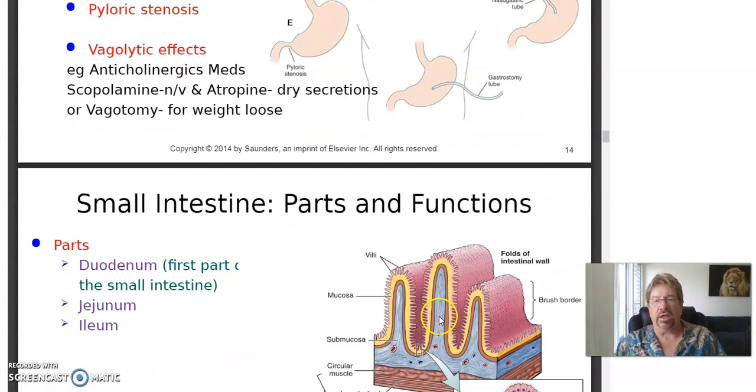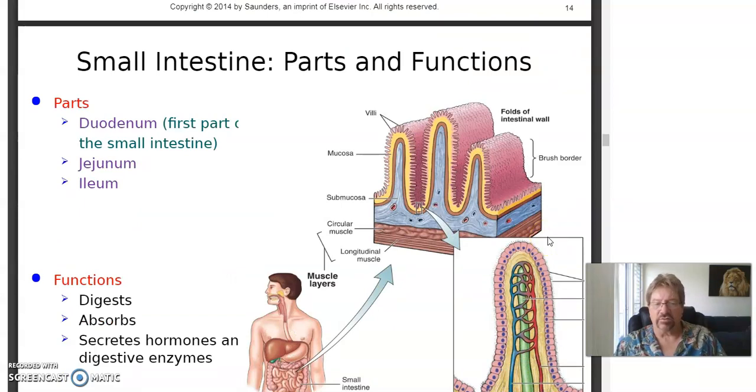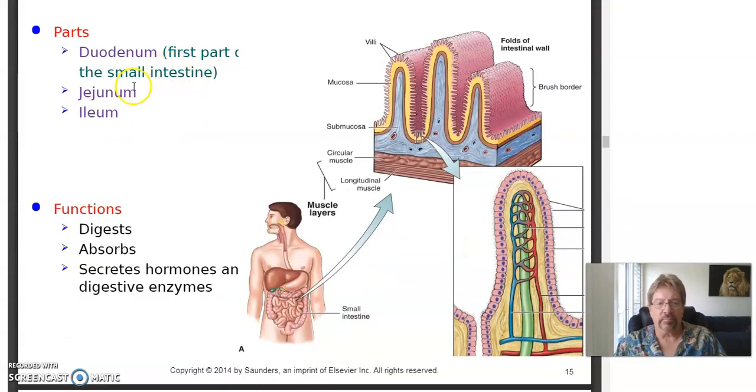It's also gastric carcinoma cancer, which is fairly common. Small intestine, first part's the duodenum. There's three parts of small intestine. It's 20-something feet long. The duodenum, the jejunum, and the ileum. Here's the words. They're in purple here. Ileum. The ileum